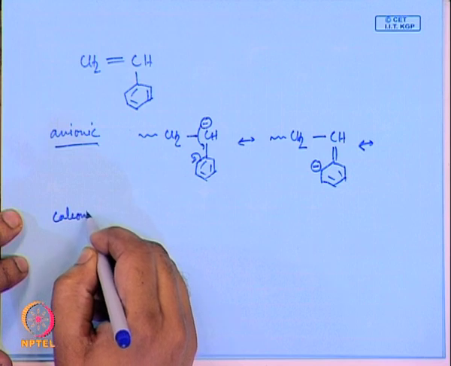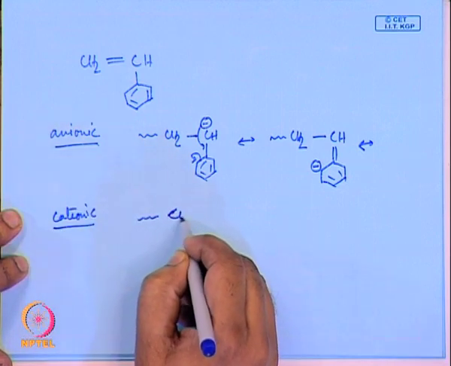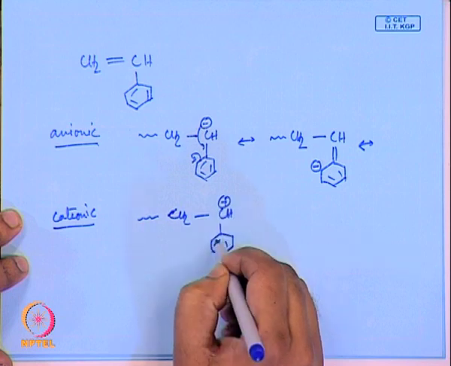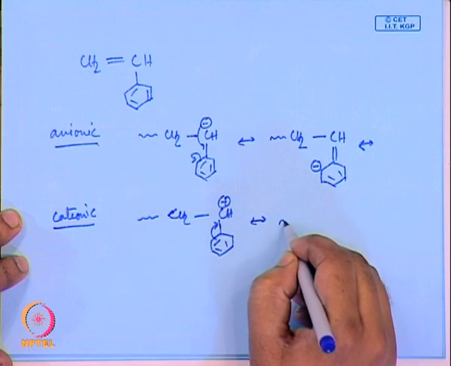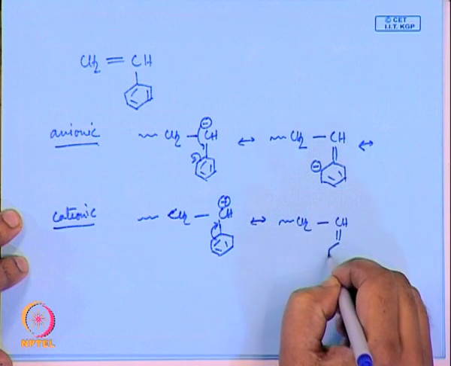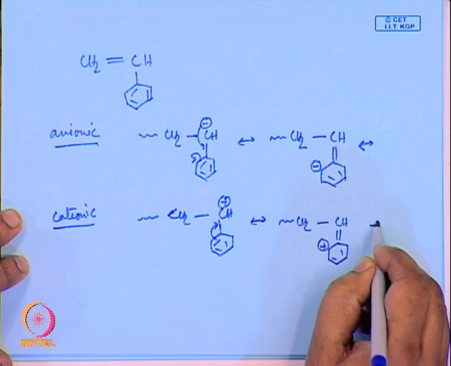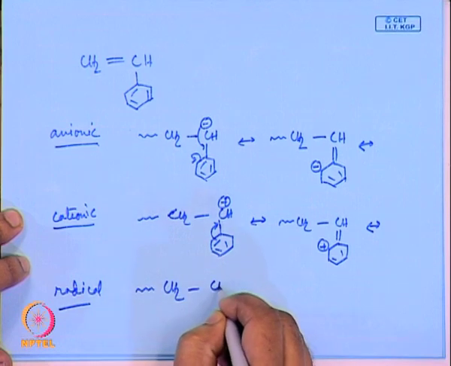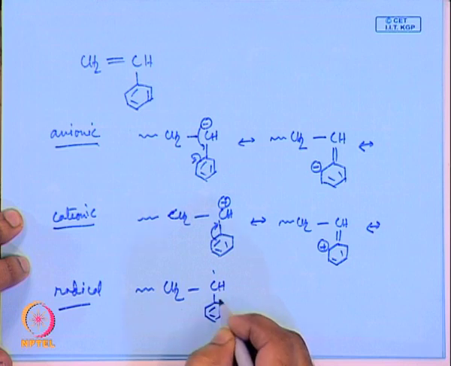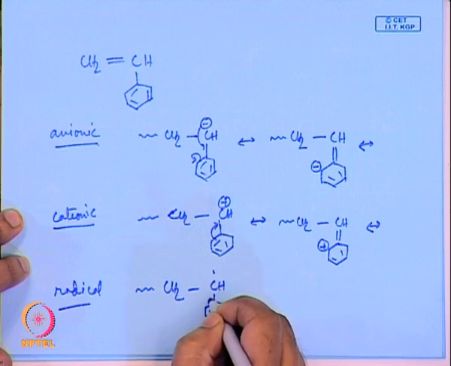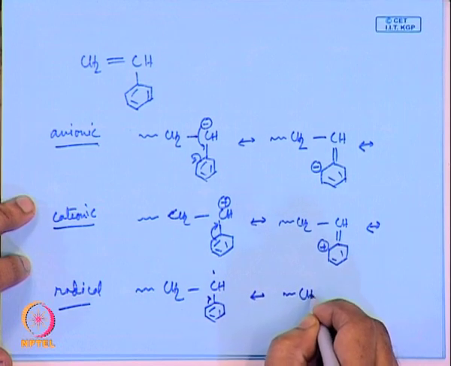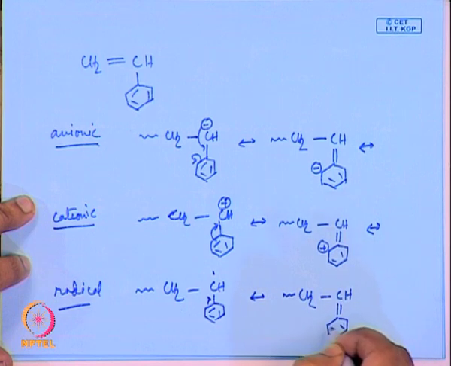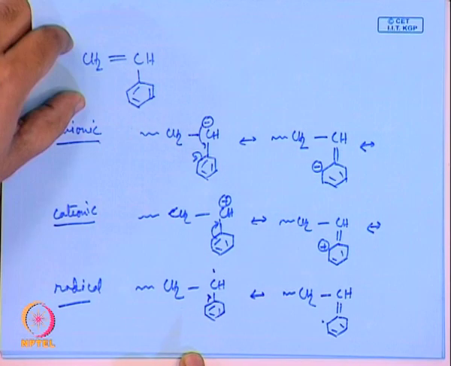If you have a cationic, and a radical. If you have a radical group, then it can also be stabilized by this substituent group. Okay. Now, if you have a monomer like styrene,